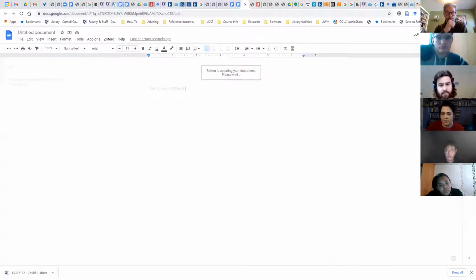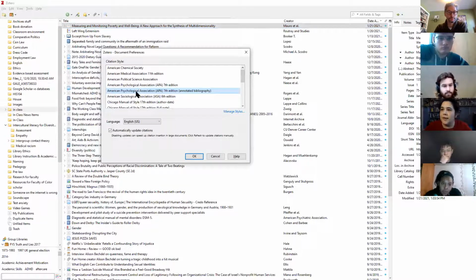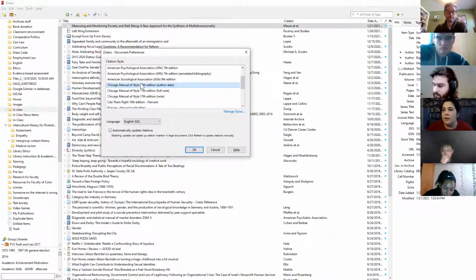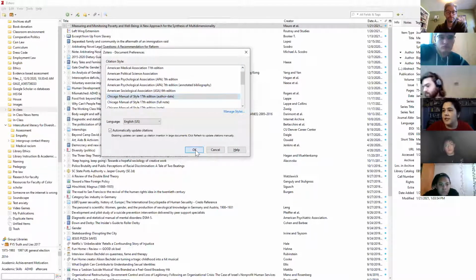And then the one tricky part is, for some reason, the first time you do this, it shows up behind your window, and then you tell it which style. And I think for this assignment, APA or Chicago is what... Yeah, I would say Chicago is the most widely used, but APA would also be fine. Okay. But Chicago author date, right? Not Chicago note. Chicago author date. Yes. So you can tell it which one. If you're in a different class, then maybe you want MLA style. So you tell it which citation style you want.